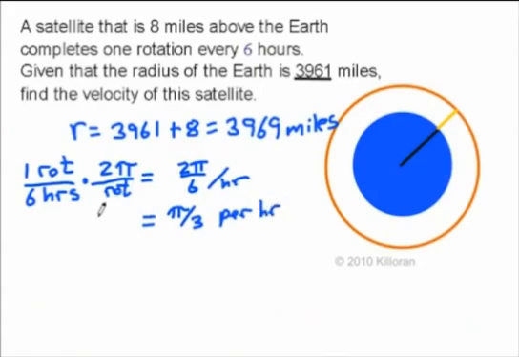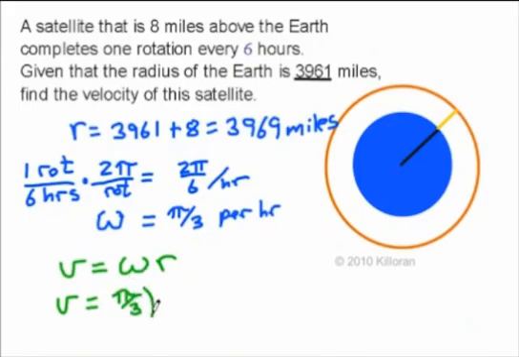And we're going to call this omega. It's a fancy W. Alright, so omega is the angular velocity of the satellite. It finishes 60 degrees per hour if you want to change it into degrees. So the rest of it is the velocity formula, and the velocity formula in relation to omega is velocity equals omega times r. So here the velocity is equal to omega, which is pi over 3 per hour, I'm just not going to write that part, times the radius, which is